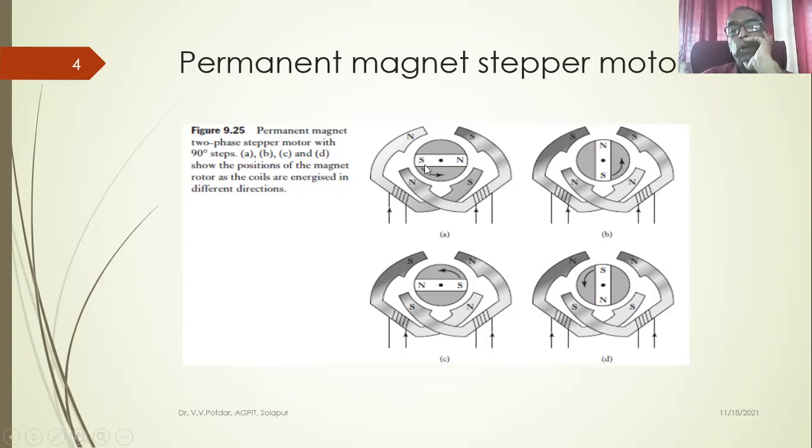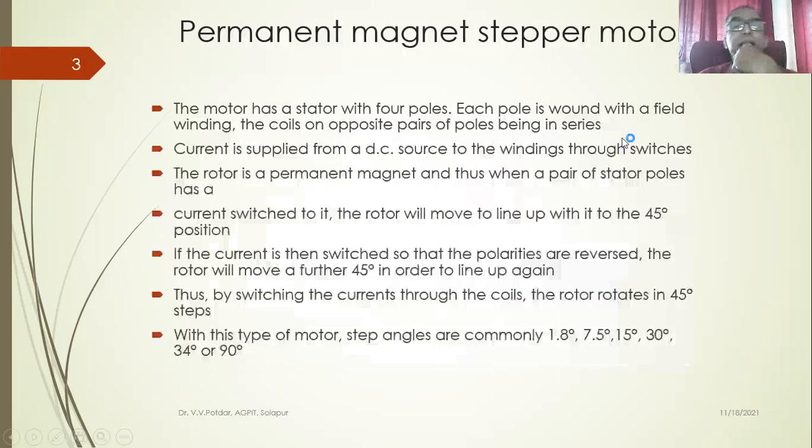This south pole of the rotor has come here because of the energization of these two phases of the stator windings. Next, I have the next 90-degree positional change, and finally another 90-degree positional change. So this is done in a phased manner. The motor has a stator with 4 poles. Each pole is wound with a field winding.